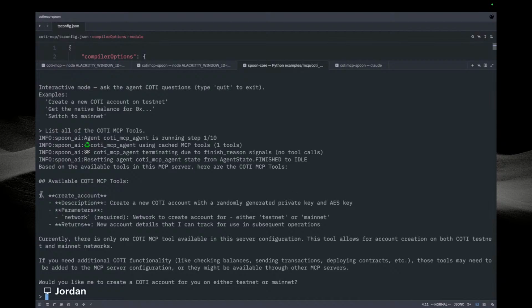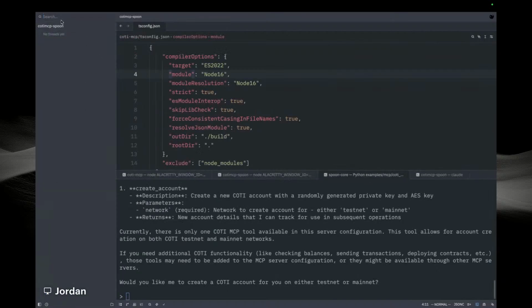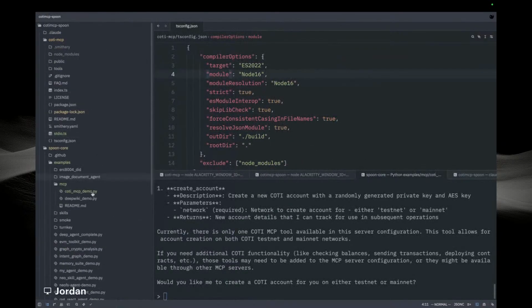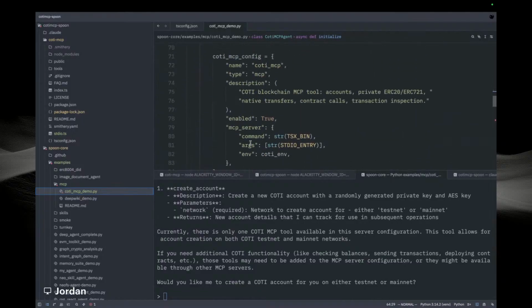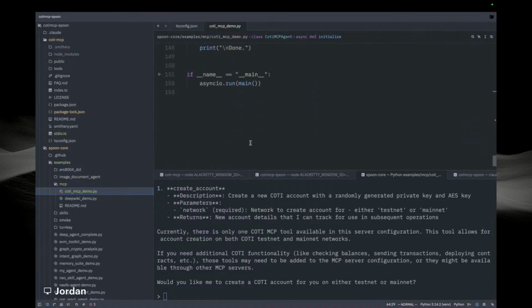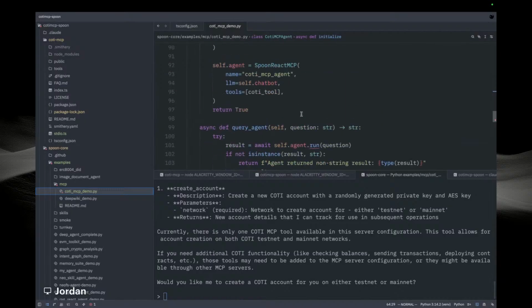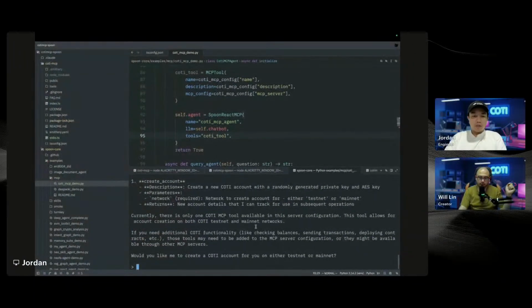So currently it's showing one tool, right? The issue here is because of the syntax, which I figured out when I was trying to create a demo for this. So it happened in here. Let me try to find it. I'm not sure if this is the correct place to fix it, but